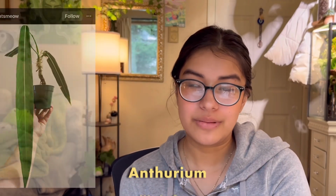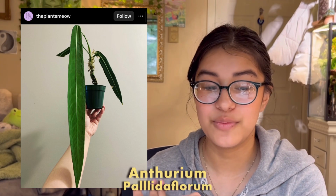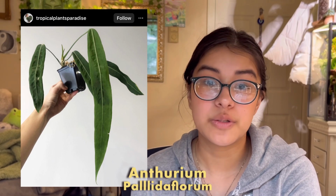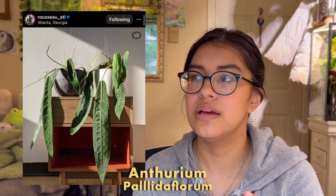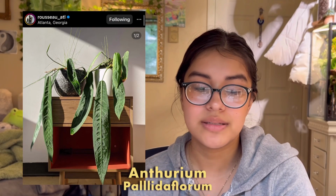Another one that I wrote down is a Puddle Florum, which I do have, but I feel like I wouldn't mind another one. I really, really do love me some Puddle Florum. I would not mind having two, especially when I have my own space. I would love to have one decorated somewhere and then one growing in my own space,